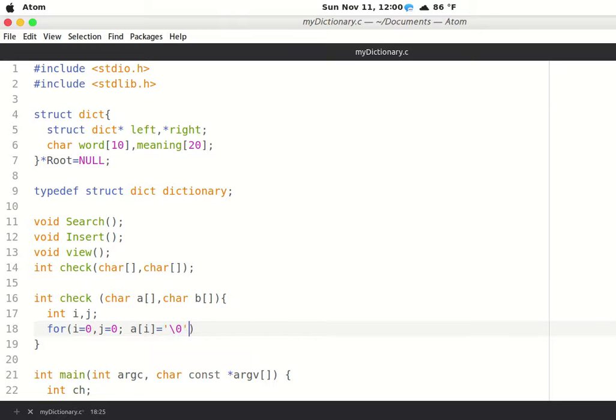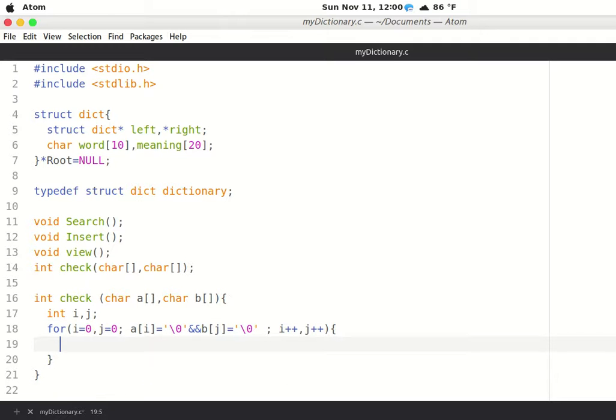Until and unless both the strings end, we would continue looping unless there are some break conditions inside. So let's do the first check. If